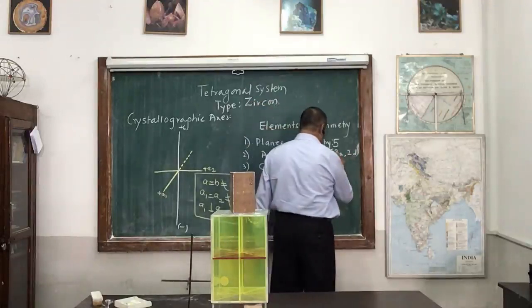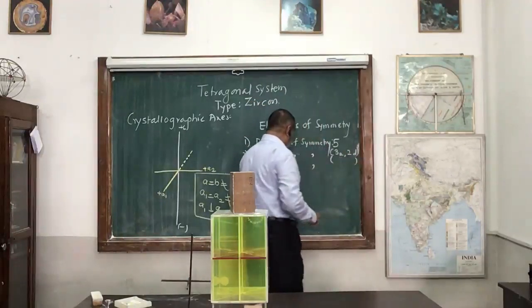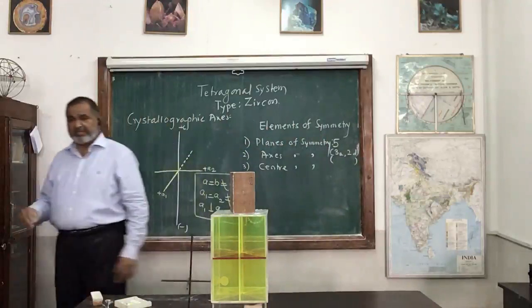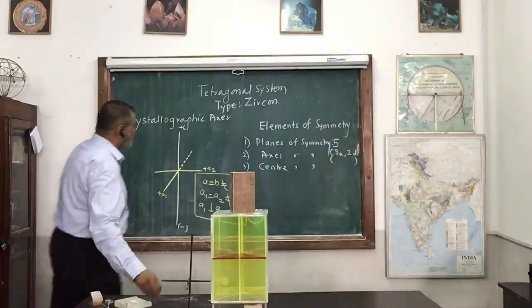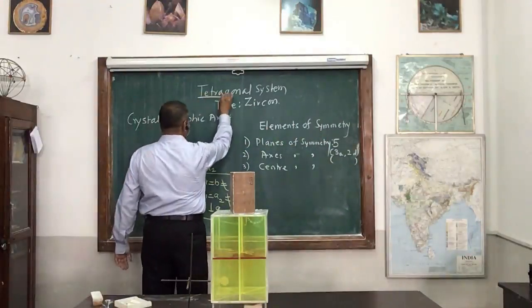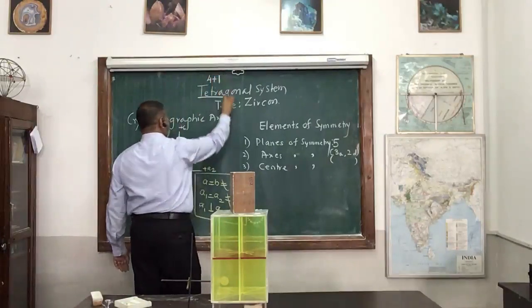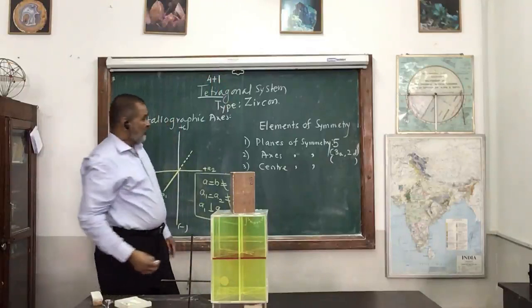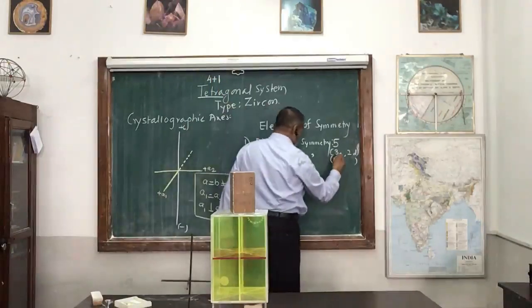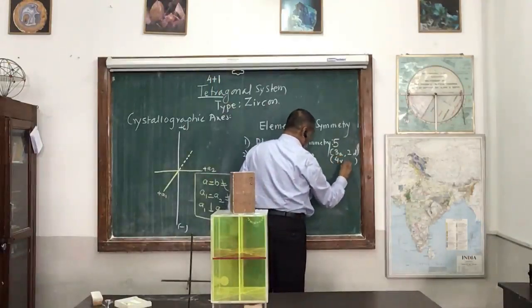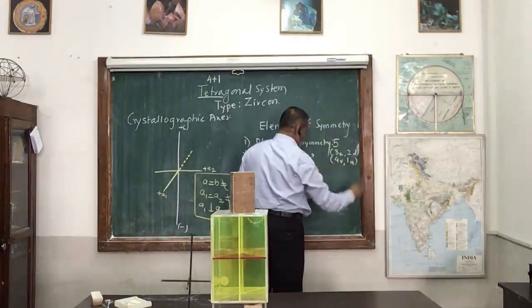I will show you another option. Another option is there that we'll see now, and that is the easiest one. The name of this system gives you tetra. So tetra is 4. Add 1. So there will be 4 vertical faces, 1 horizontal face.